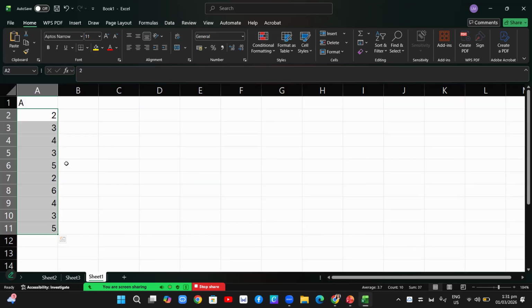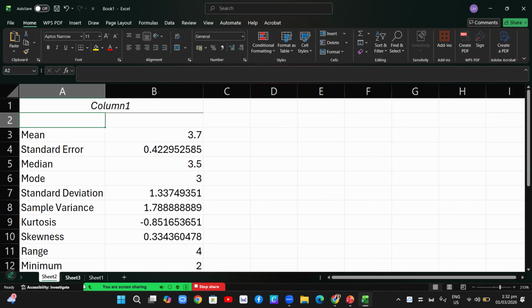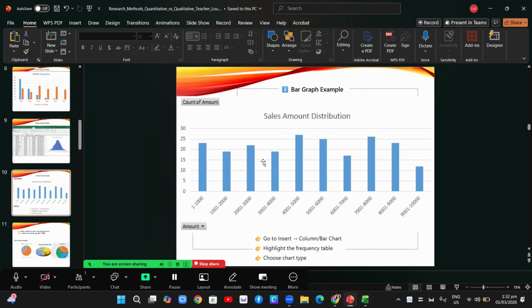Our data is not sufficient to make a chart. When you have data, for example like this, you have the x and the y axis.